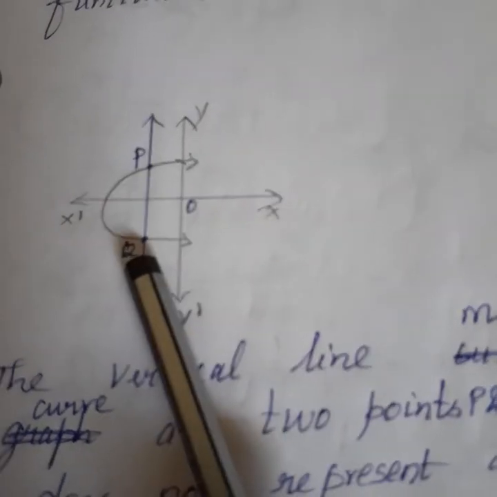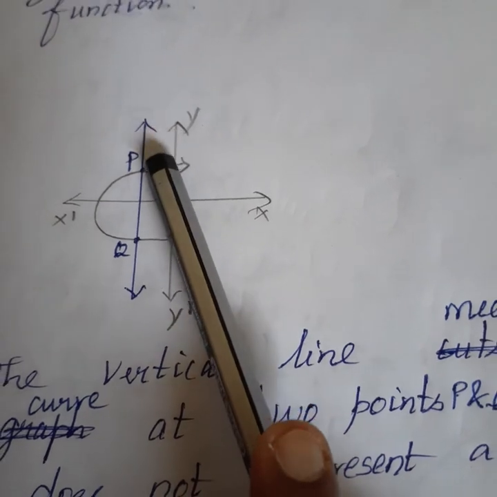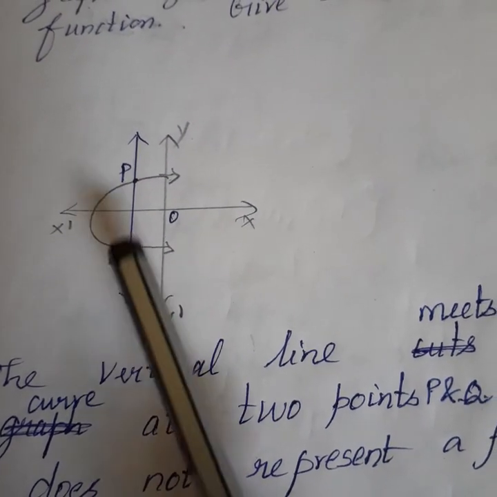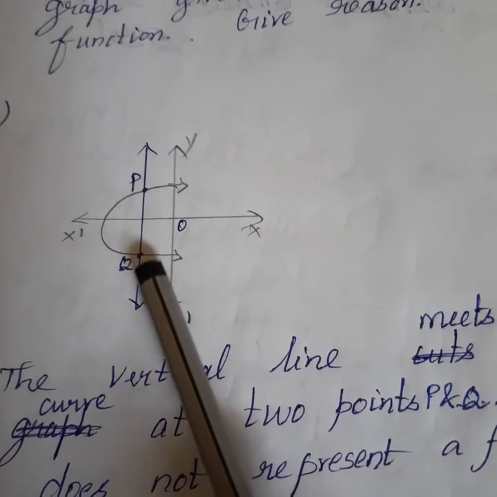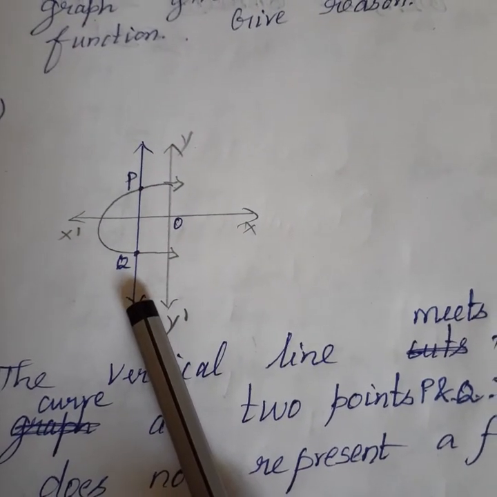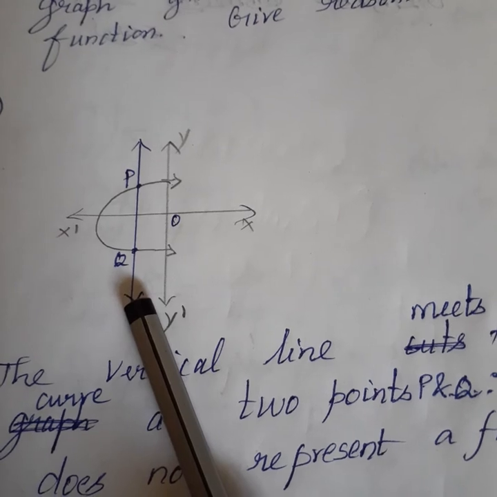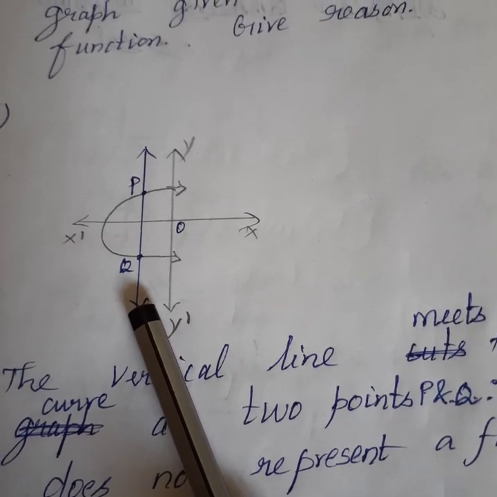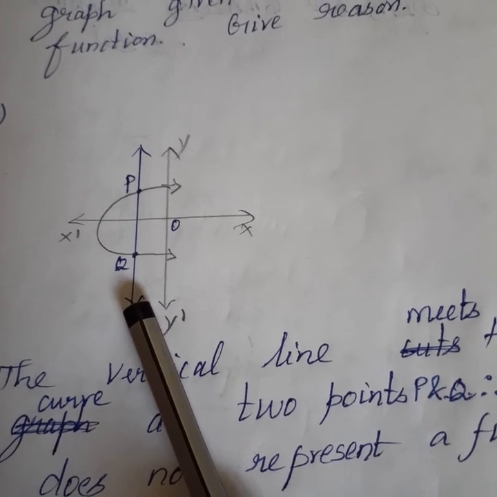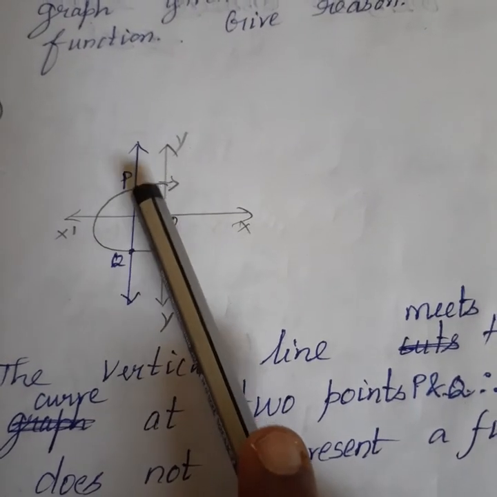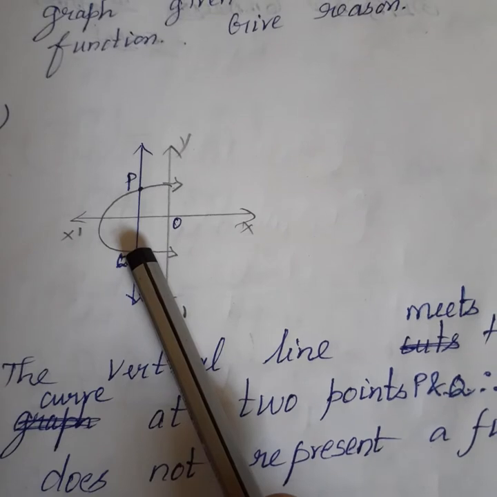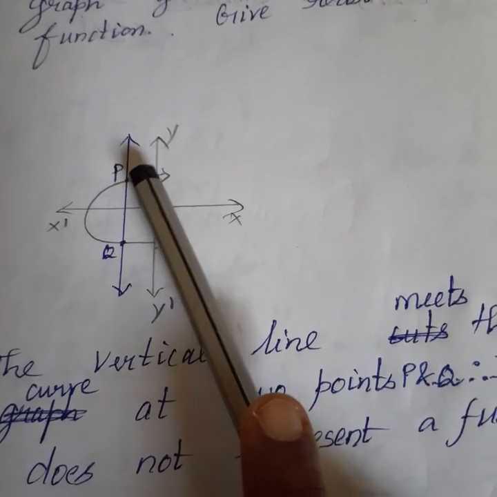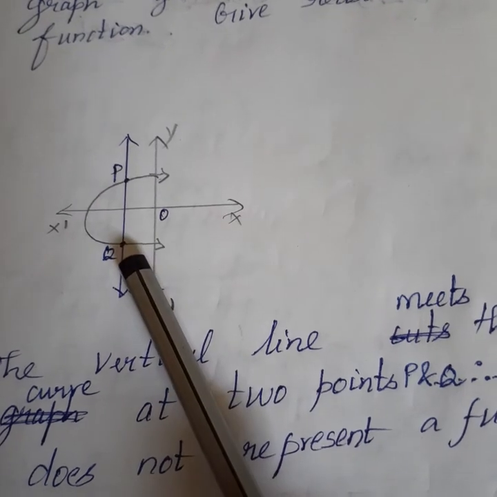To make you clear, I have drawn the vertical line with my blue ballpoint pen. Okay, so I have drawn the vertical line. To do the vertical line test, what is the definition for vertical line test? The vertical line has to touch at most one point, but it is touching 2 points, so it cannot be a function. For your understanding sake, I have given the name as P and Q here.